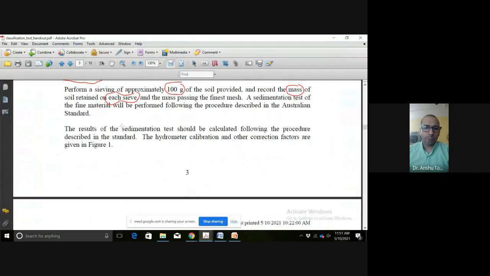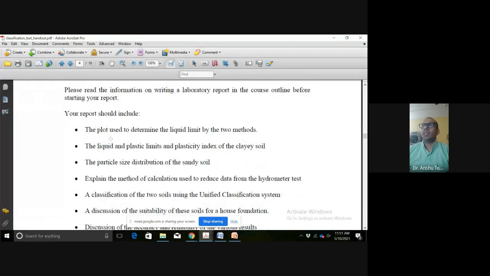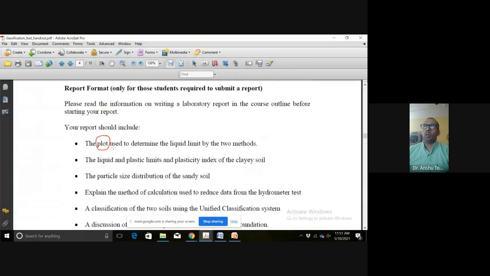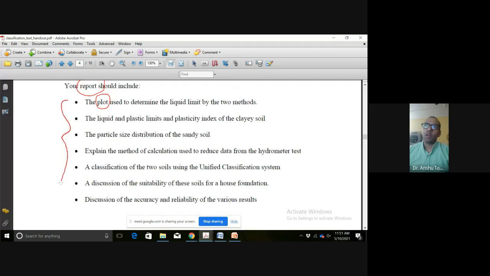Now, those who are passing in the least are going to be tested using hydrometer calibration. And based upon this, the plotting is being done. Your report should include the plot. That is why the word report is there. तो हमारा पर्पस यहाँ पे रिपोर्ट सीखना है कि रिपोर्टिंग हम क्या करेंगे. अगर हम थ्योरी एक्स्ट्रा थ्योरी नहीं भी लिखते हैं, these are the salient points which we are going to report.